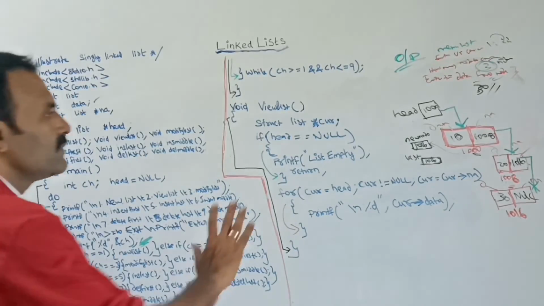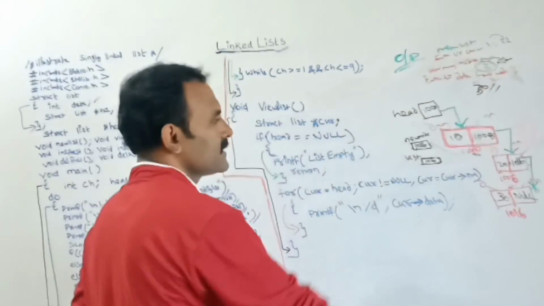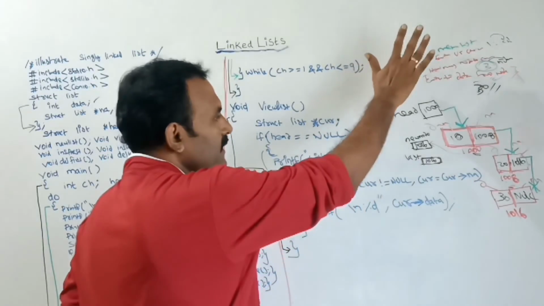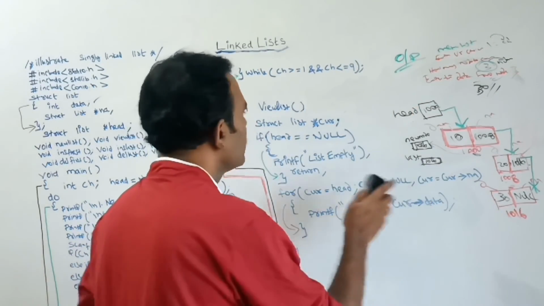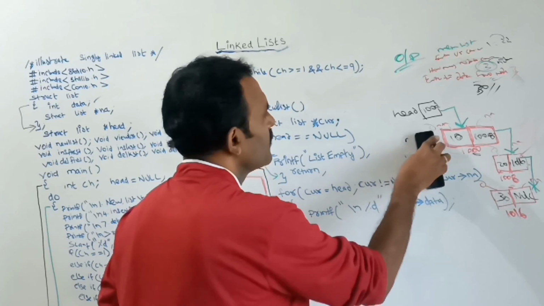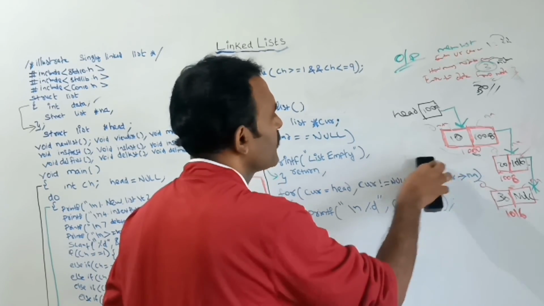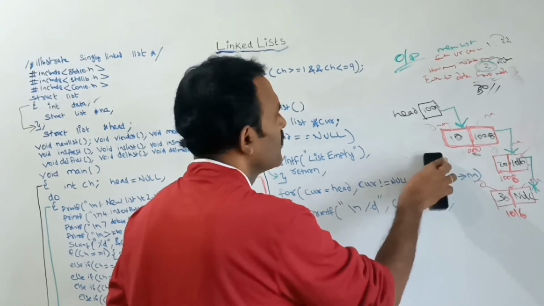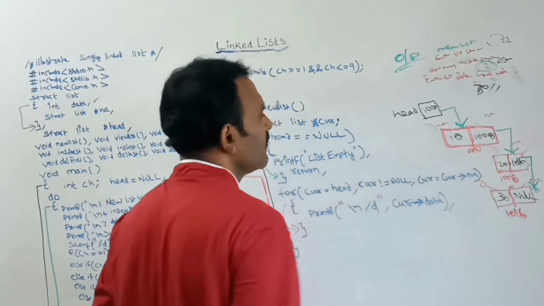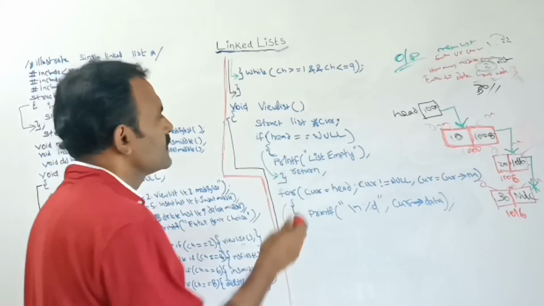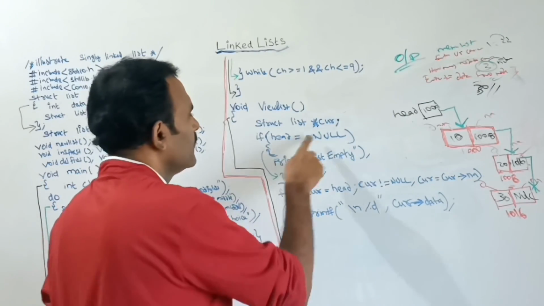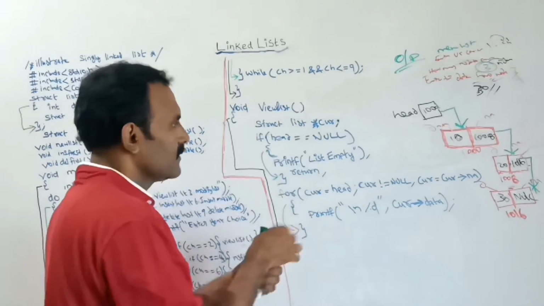See, now let us keep this same list in the memory. There were 3 data items. This is stored in this way. Here this and all, we no need. Here this pointer and all, we no need. In this function I am having totally this head pointer, and next one, CUR.